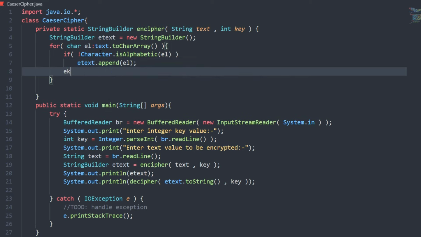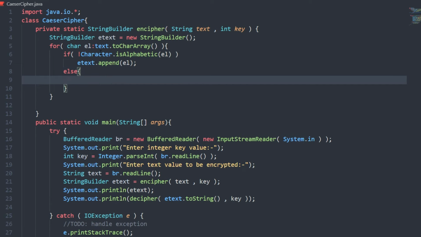But if we have an alphabetic character, now we have to apply our Caesar cipher. In Caesar cipher, we can replace our current character by the next character, or maybe a third character after our current character, like we can replace a by b, and so on and so forth. And that's what we are going to do, but the only difference is we are taking a key. So we can also specify the length of our replacement. Like for example, if we pass 1 as our key, a will be replaced by b, and if we pass 2 as our key, a will be replaced by c.